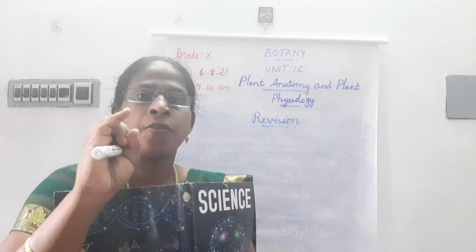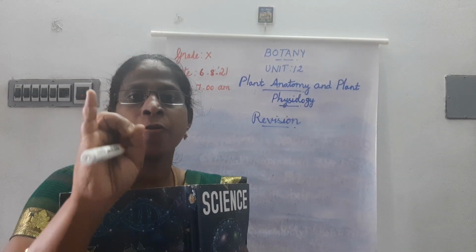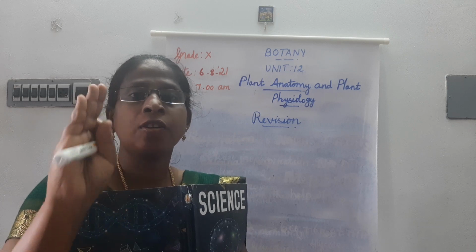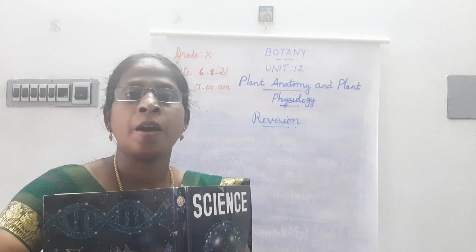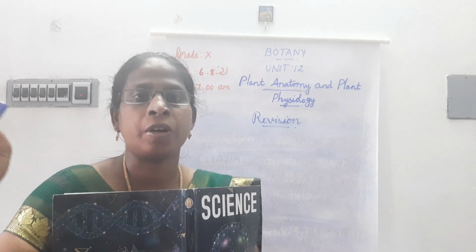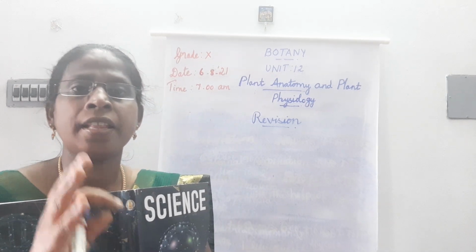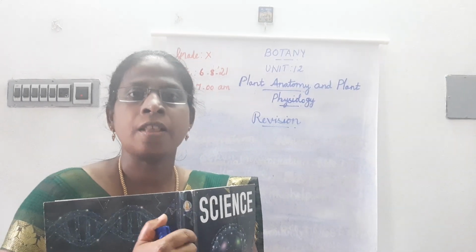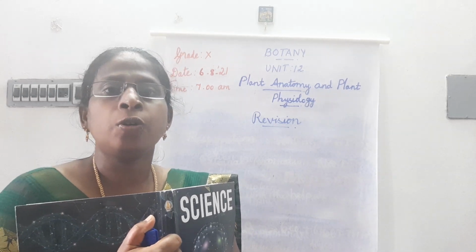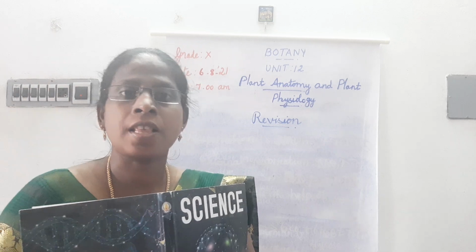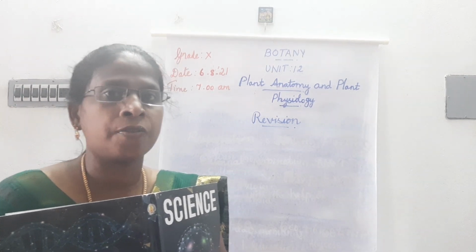Okay, see, four important words you have to mention. See, carbon dioxide, water, sunlight, chlorophyll, and they are using these materials and preparing their own food, carbohydrate. Okay, see, photosynthesis is a process by which green plants synthesize carbohydrates by using carbon dioxide and water, utilizing the light energy from the sunlight in the presence of chlorophyll. Okay, that is the definition for photosynthesis.